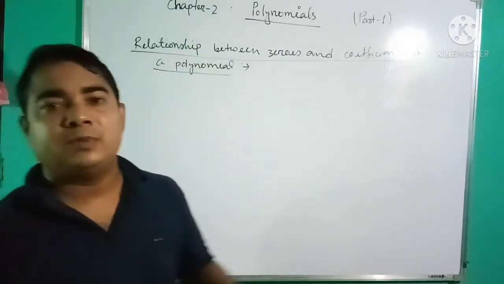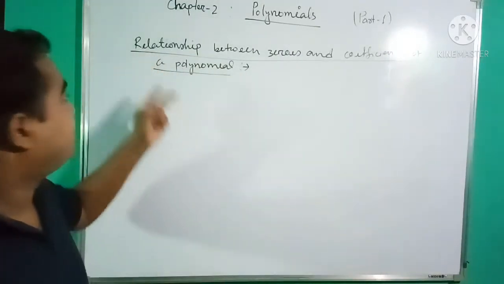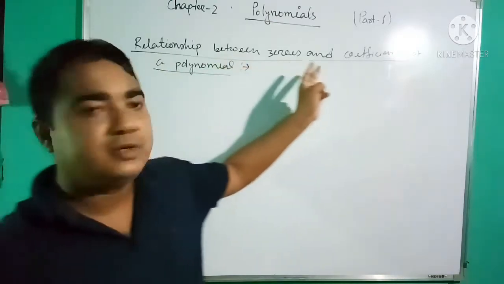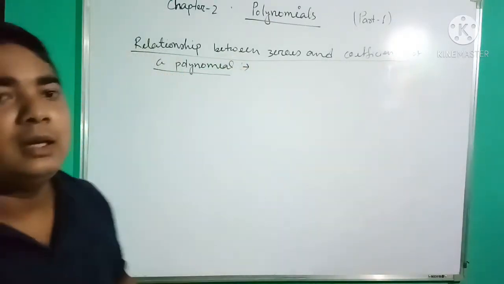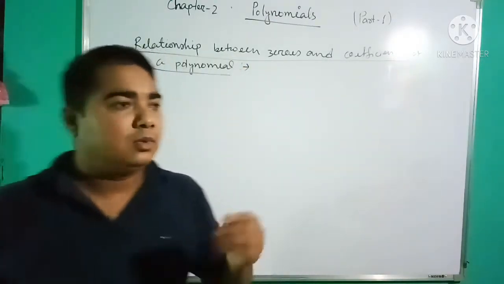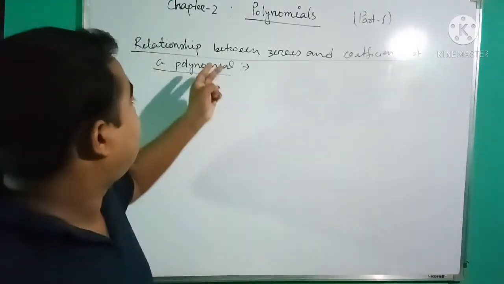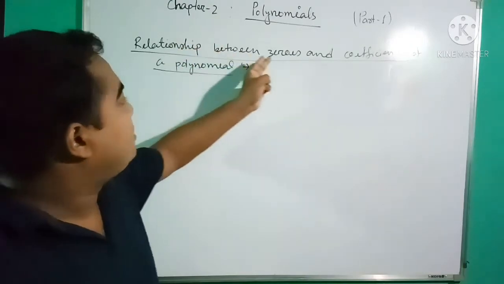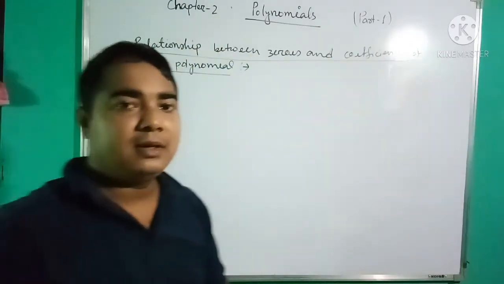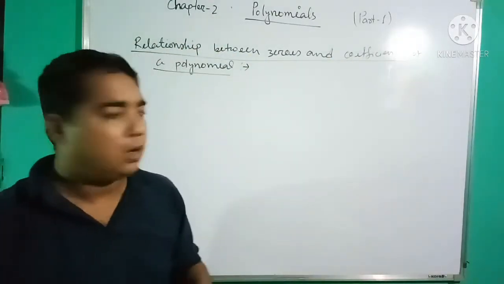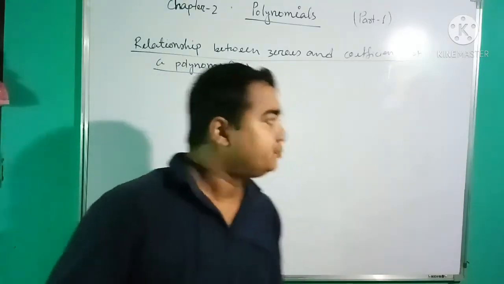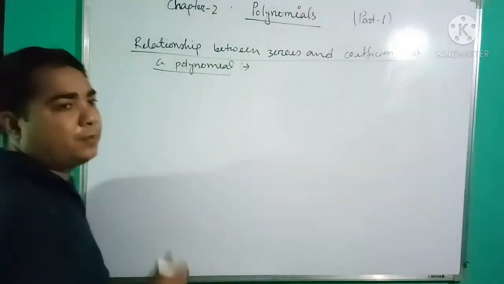Okay, after exercise 2.1, our next topic is the relationship between zeros and coefficients of a polynomial. That means we need to find the zeros of the given polynomial, and after that the relationship between zeros and coefficients. That one step is required. This is a very important topic of this chapter, polynomials. Now before starting this topic, see,